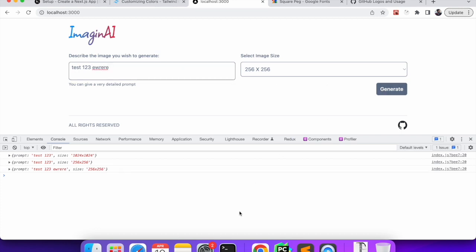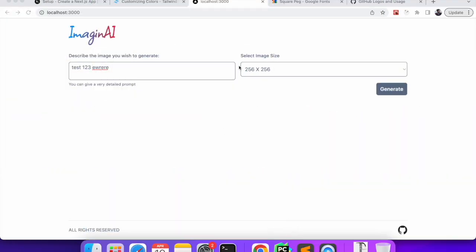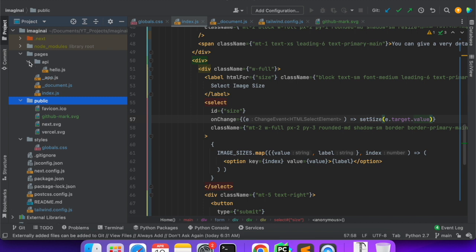So this is fine. The next thing that we have to do is we will build an API which will take this prompt and send the request to DALL-E and generate the images for us. So we have already created the onSubmit function for the generate button. So this is fine. Next we have to build the API which we will call once we click on generate. So to do that, we'll go back to our editor and we'll go inside the pages API,